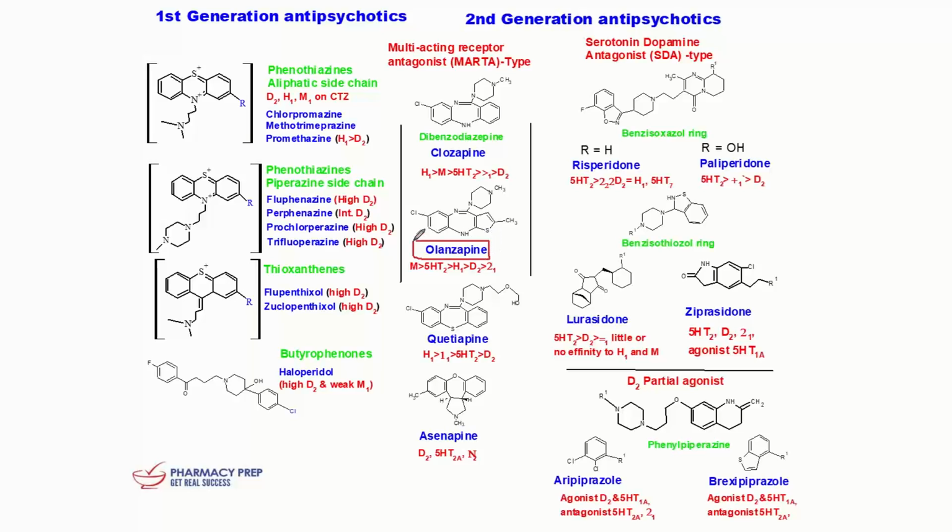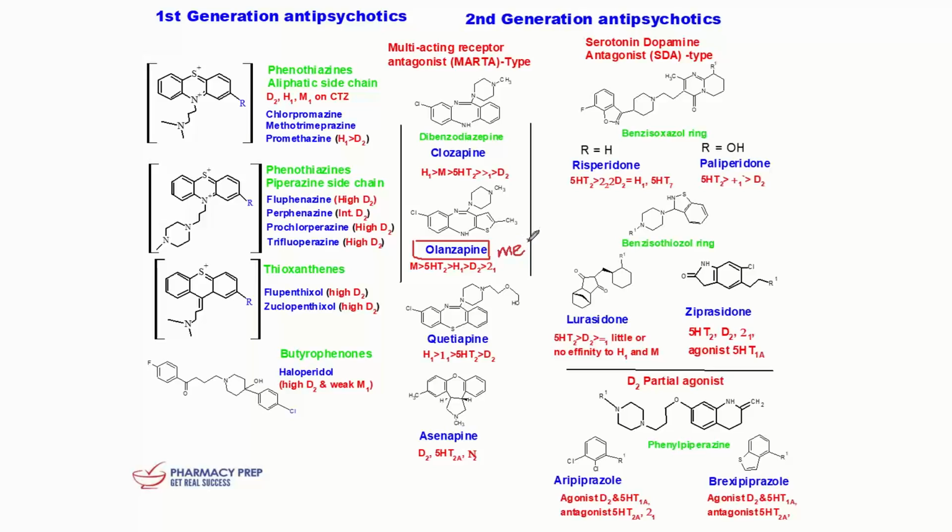Olanzapine is one of the important drugs which is very frequently asked in the exam. So why is it such an important question in the exam? Because olanzapine is a very strong drug. However, a good thing is it doesn't have agranulocytosis like clozapine. So it doesn't have those side effects. Instead, this also has multi-receptor site action. So this is known for multiple adverse reactions such as weight gain, and especially it has a very high